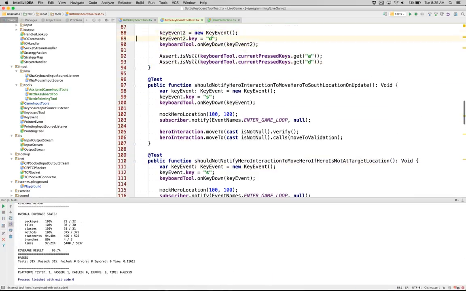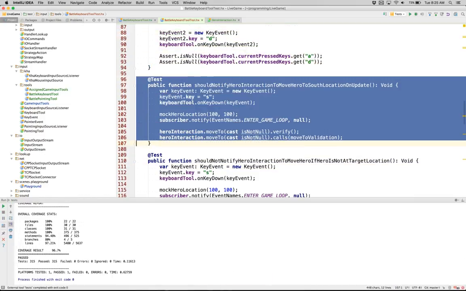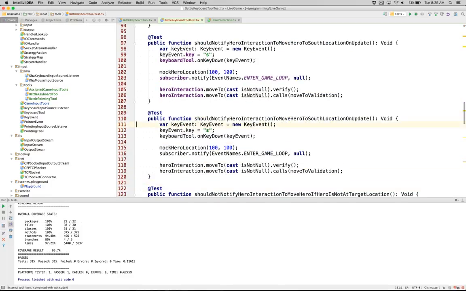There we go, that still passes. Now if you just duplicate this, move here to north location on update. So we're going to mock him at 200, 200,